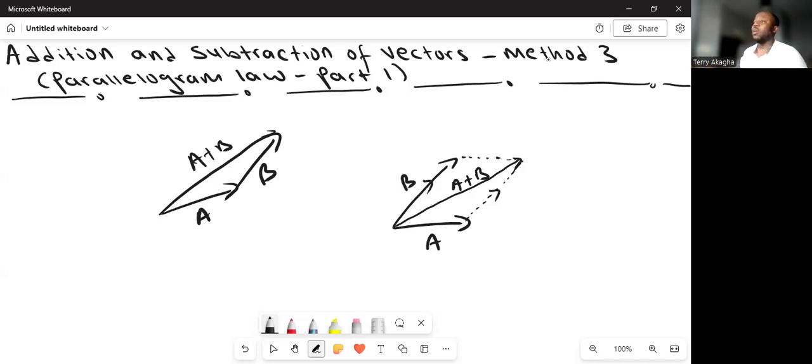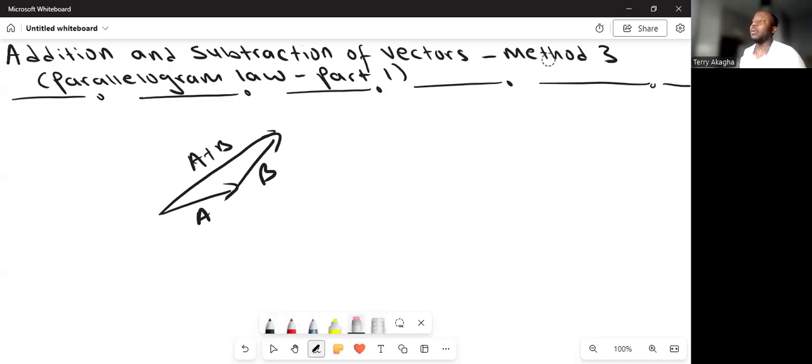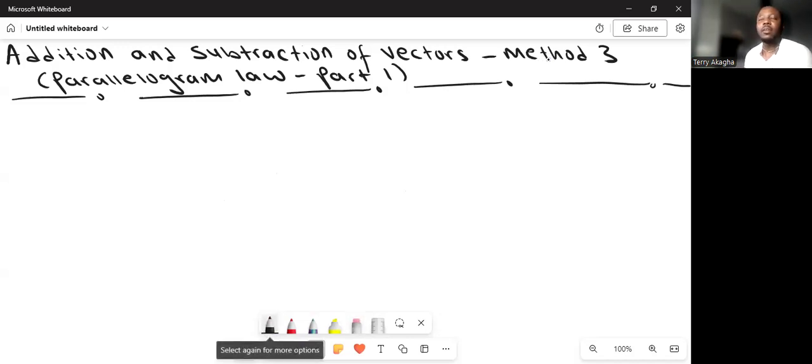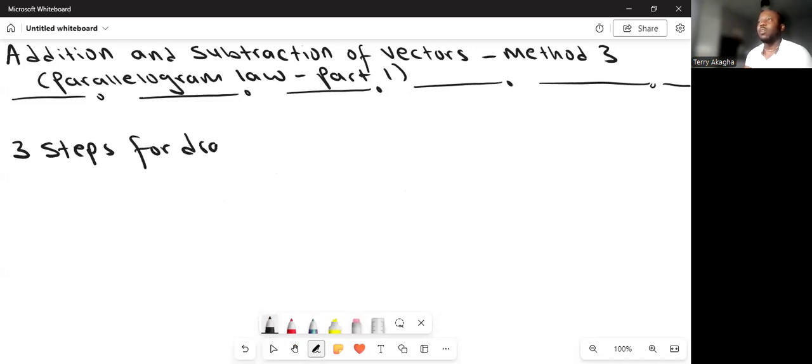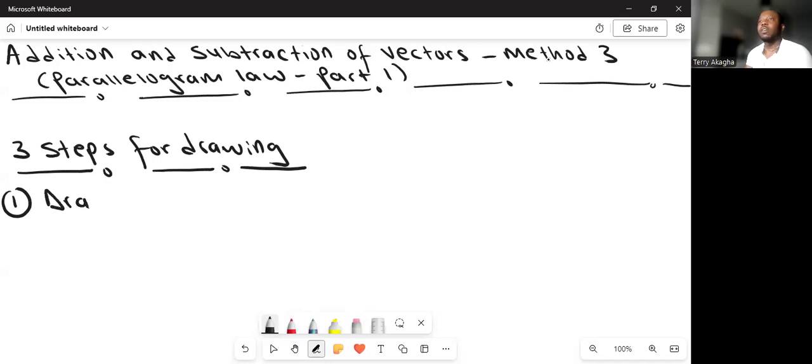All right. So I'm going to write down what I've just said so that it will make sense to you. The first thing is that I'm going to quickly write out the 3 steps for drawing a parallelogram. It's important that I do this before I go to the laws of addition and the laws of subtraction. So the first thing you have to do is draw the vectors